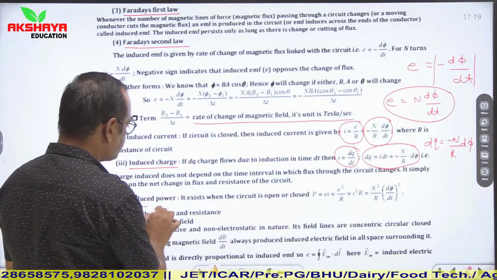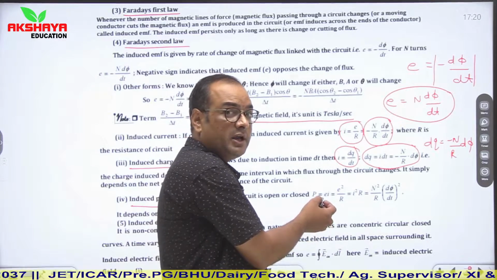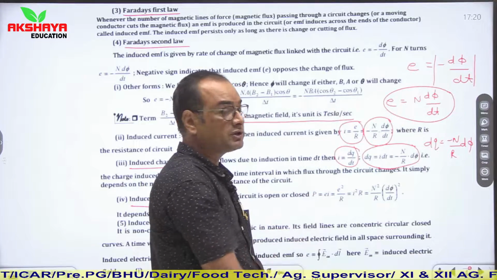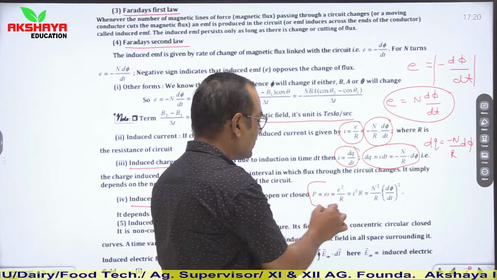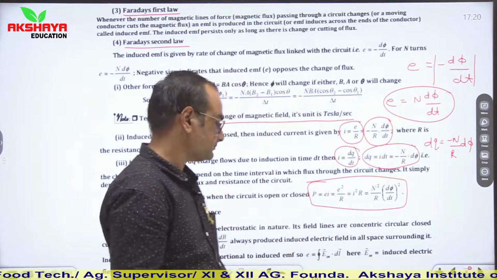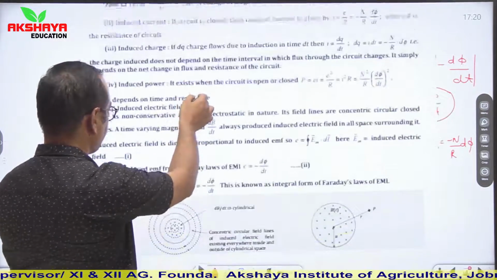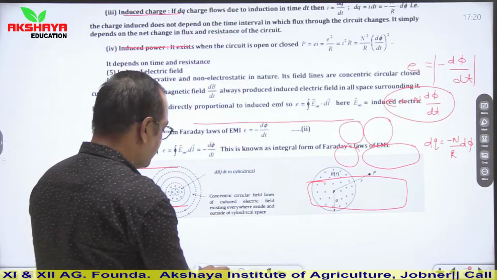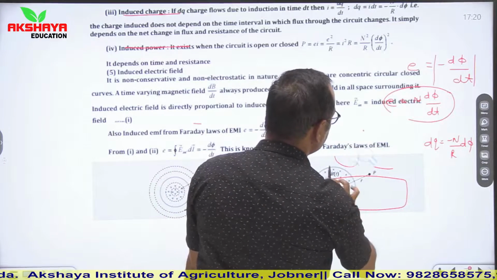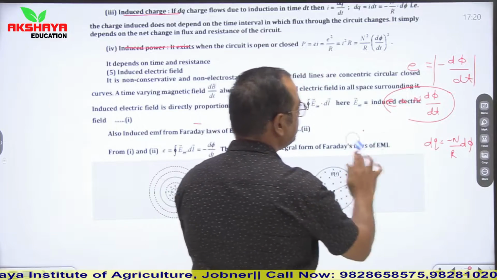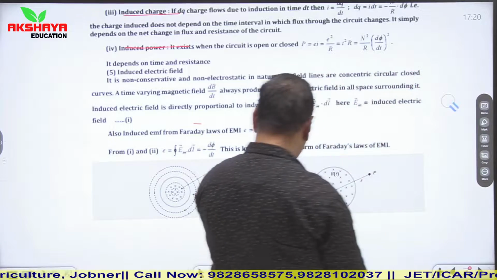Now if we talk about induced power, then induced power is P is equal to EI. It means induced EMF multiplied by induced current, or you can say E square upon R or I square upon R. So simply you can use this relation to find induced power. Now induced electric field. So if we talk about induced EMF, induced current and induced charge, then we can use any other quantity which is induced, like induced power. Here we can see this relation.